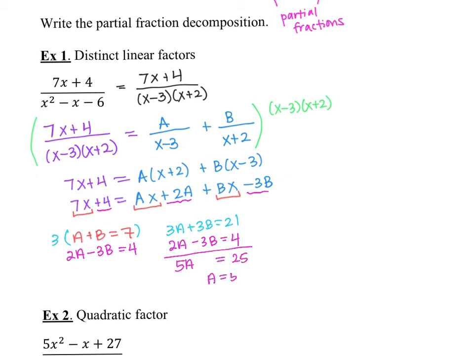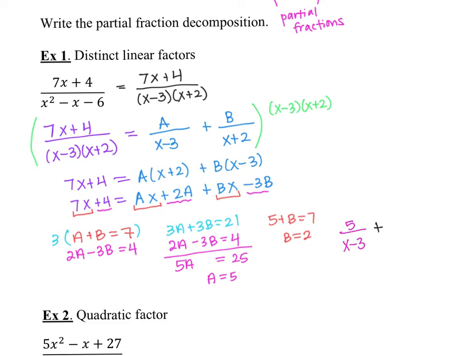So a is 5, and I'll plug it back in to get b into the a plus b equals 7 equation. So b equals 2. But I am trying to write this as a partial fraction decomposition, so I'm going to go back and see what my two fractions are. So I wrote it as a over x minus 3. So 5 over x minus 3